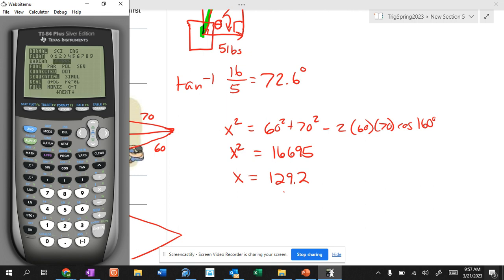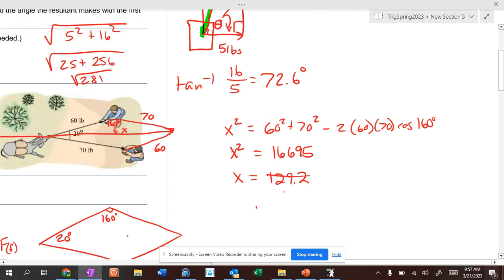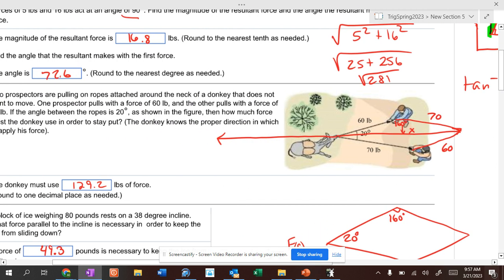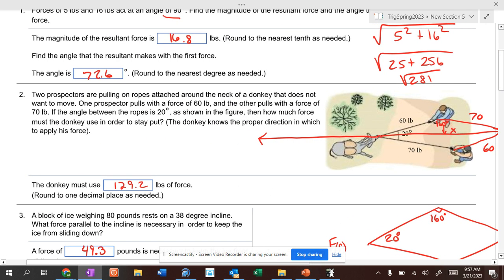I need to be in degree mode. Make sure your calculators are in degree mode for this problem. So if I go back up here and hit enter and hit enter, I get a different number and then take the square root of that answer. I get 128. So yeah, they're wasting about 2 pounds of force by being separated by 20 degrees. I figured something was not